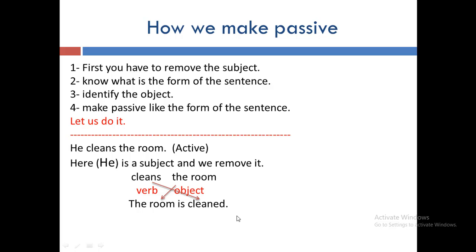Sometimes, or in the exam maybe, the teacher says do it by agent. By agent it means write the subject in the passive. But how do we do it? For example, if we write the subject here, we will say the room is cleaned by who? We will change he. Remember, he is a subject. If we change he to object, we will say him.